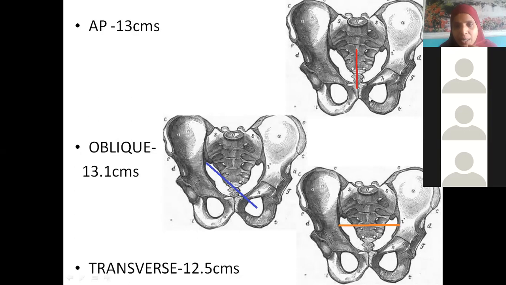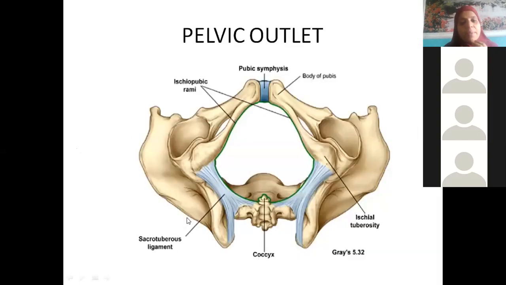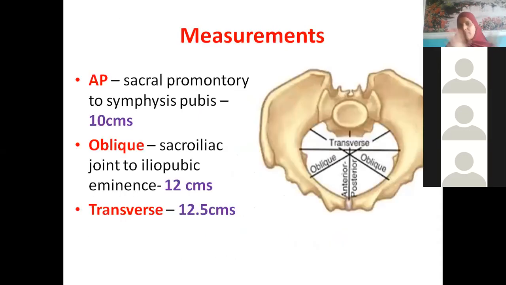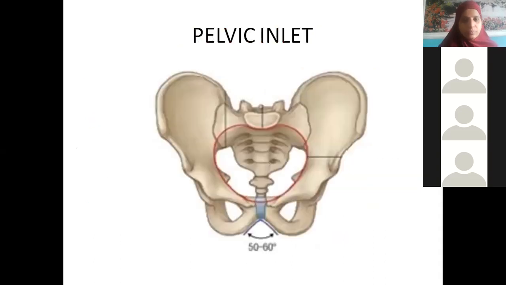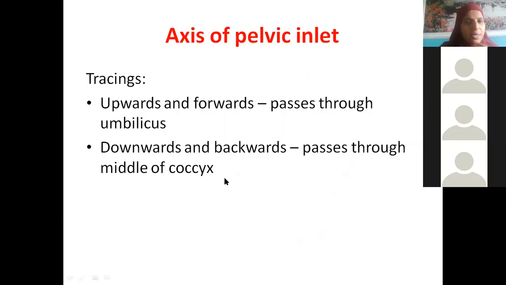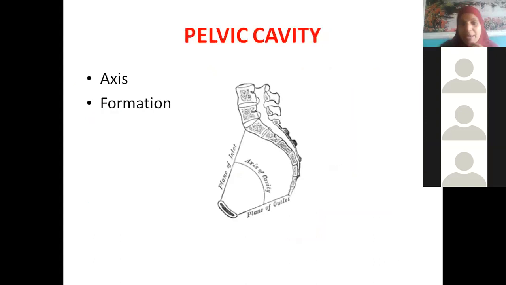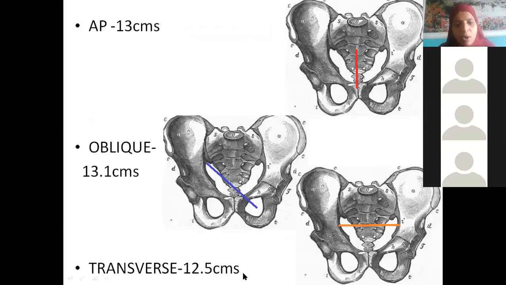So now you have seen the dimensions in the true pelvis, or lesser pelvis. We have seen the antero-posterior diameter, the oblique diameter, and the transverse diameter also. Dimensions are very, very important, and this will be asked in your viva. We are taking measurements in 3 planes. One measurement you have seen at the greater pelvis: interspinous diameter, intercristal diameter. Then the antero-posterior, oblique, and transverse diameters at the pelvic inlet. Then in the pelvic cavity we have also seen antero-posterior, oblique, and transverse.